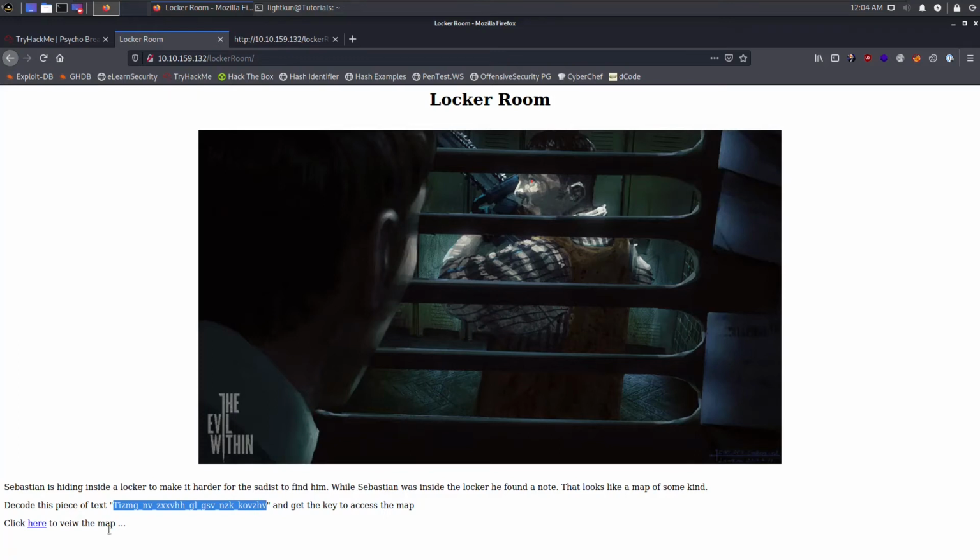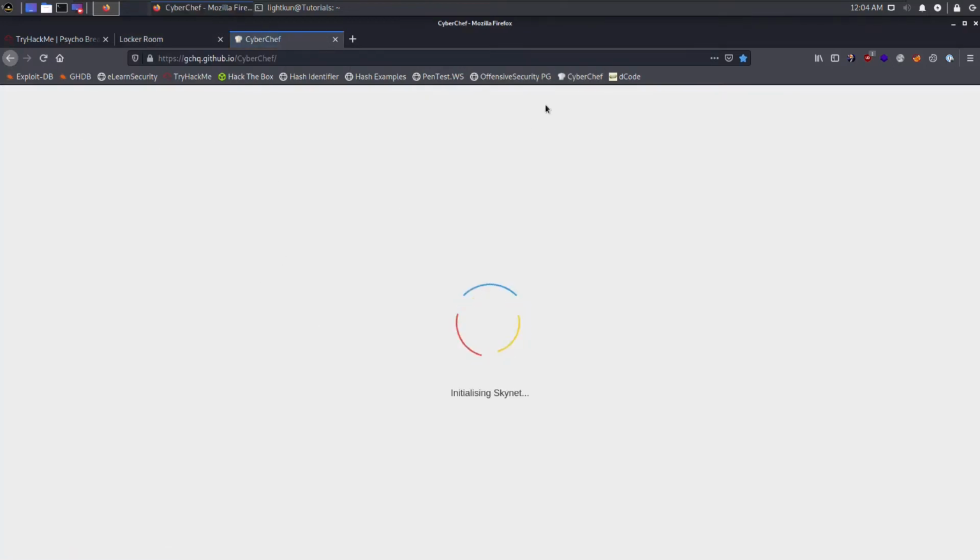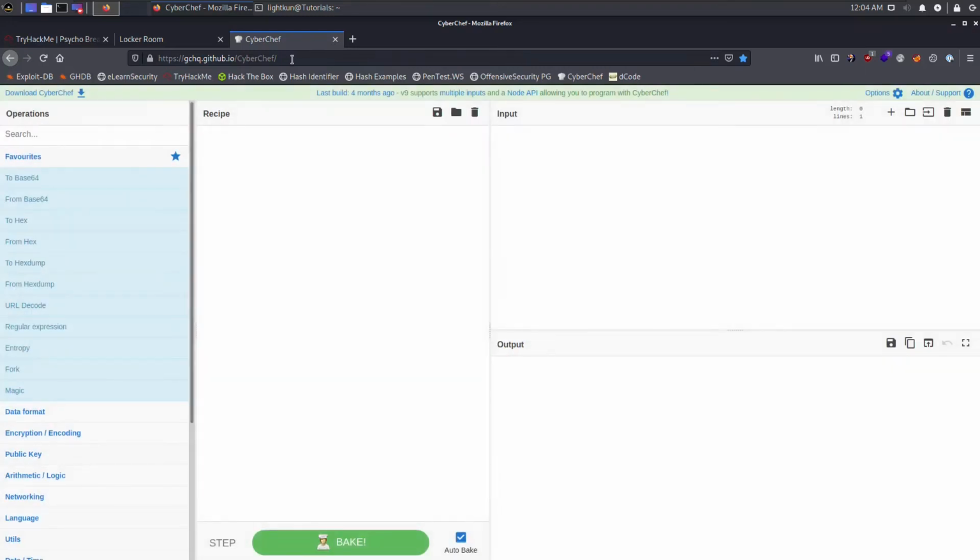I had a hard time decoding this text. One tool that I always use when it comes to decoding or encoding text is CyberChef. Just go visit CyberChef, and if you're like me who's not really familiar with which encoding or decoding to use,